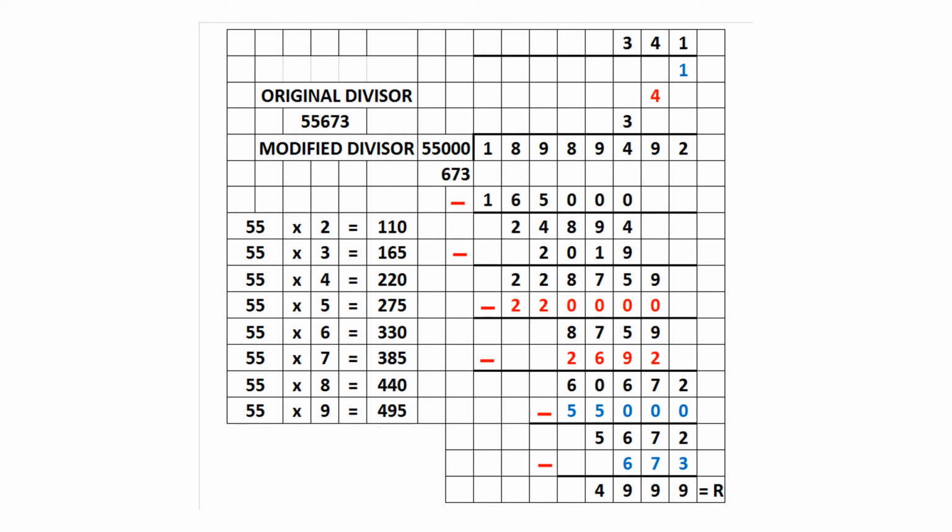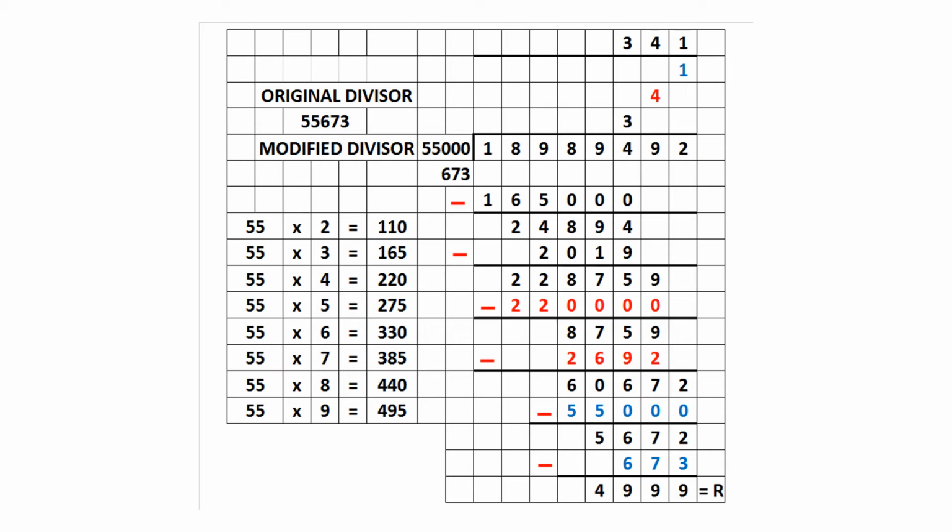In this division, we're still dividing by 55,673. But we're going into 189,899,492. Now, 55,000 does not go into 18,989, but 55,000 goes into 189,894. So instead of starting the 5th digit over, we have to start in the 6th digit over for the first quotient digit. Now 3 times 55,000 is